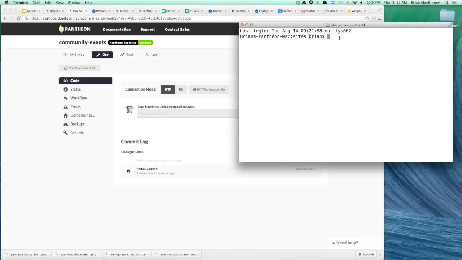So now I'm going to use the command line to do a little bit of development on my site. In order to do that, I need to,